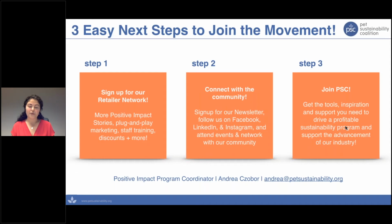With our relaunch of this program earlier this year, we successfully debuted our Positive Impact Program kiosk, as well as a retailer coupon book, which we created for the first time at Super Zoo. And with partnership with WPA, we were able to represent these companies and make the show the most sustainable it's ever been. For those of you who are interested in seeing these companies in person, not only do we have product and communications, as well as these impact stories there at our booth, we also had that coupon book, which gave retailers the option to visit with those companies specifically and discuss specific positive impact discounts and sales,